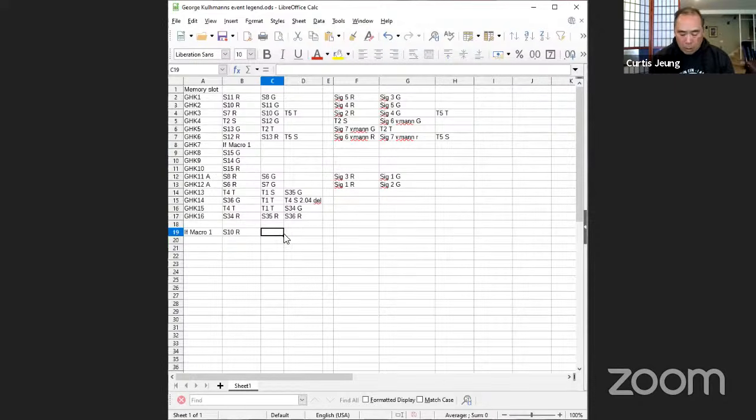And again, you can use macros or another event. So in other words, I could say I want GHK11A arrival. That would mean the first action it takes, if S10 is true, is to actually